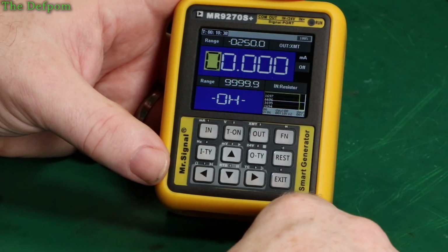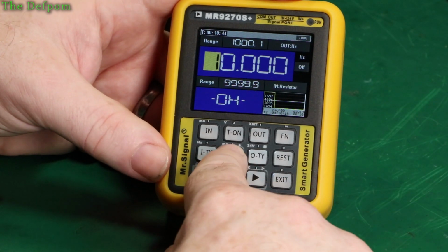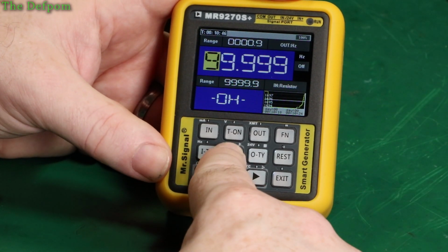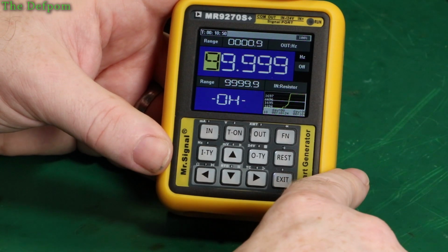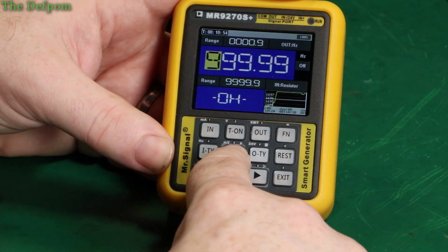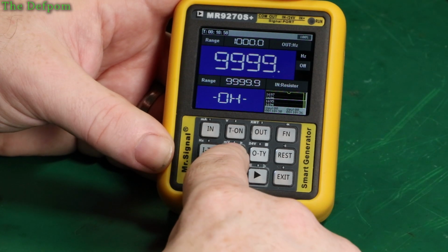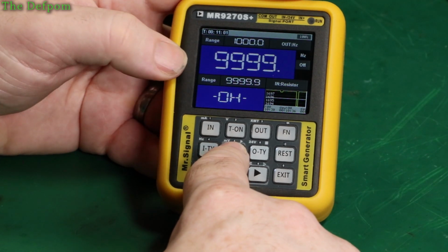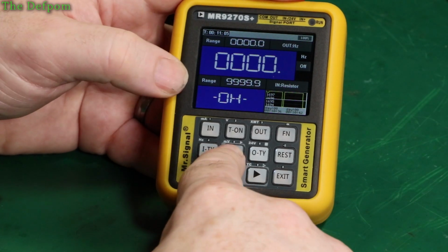Transmit. This is something I've got no idea what this is. I don't know. Hertz, so you can set frequencies. So that's 99.999 hertz in that range. Go to the next one. That's 999 hertz. Next one is also hertz, but that's showing kilohertz basically. Alright,